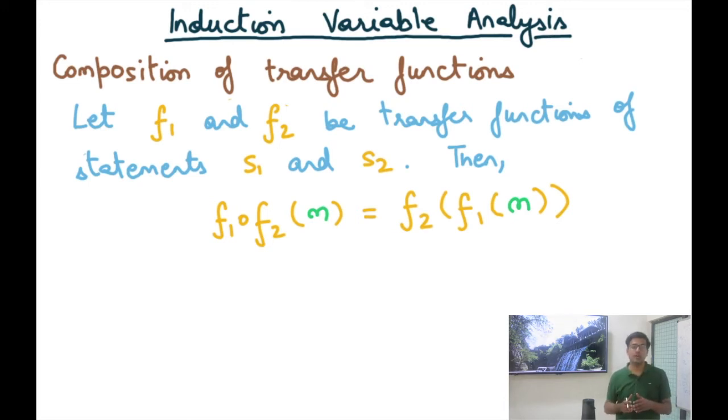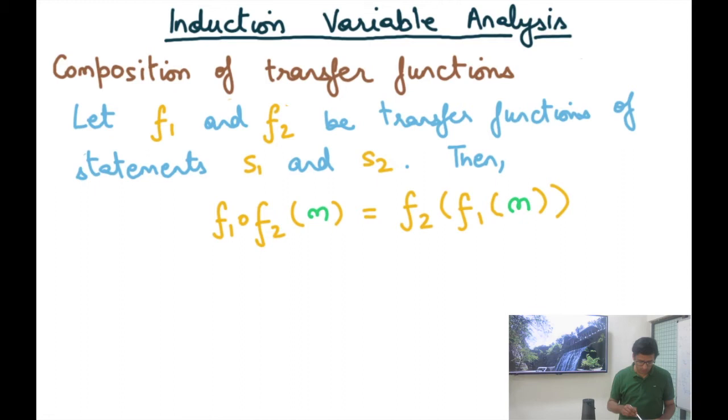Now, to be able to do my region-based analysis, recall that we need to specify the composition operator, the meet operator, and the closure operator to be able to generate summary transfer functions of larger regions from smaller regions. And the leaf level here is a single statement, and we just saw what the transfer function of a single statement is. Now, using that, we want to construct transfer functions of larger regions. And for that, we first need the composition operator for the transfer functions.